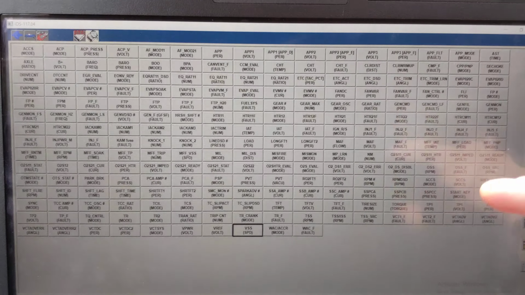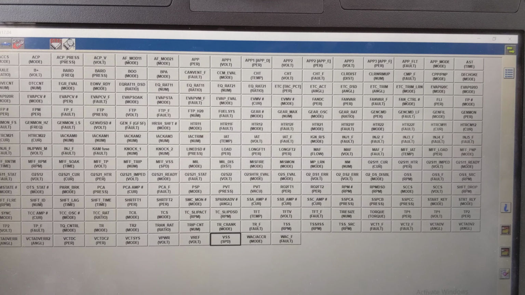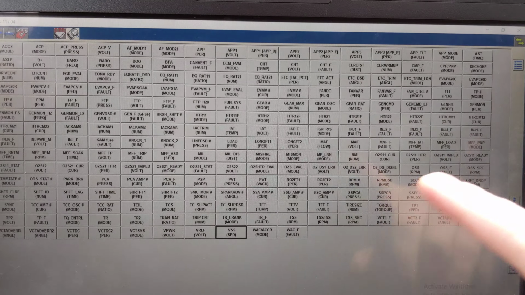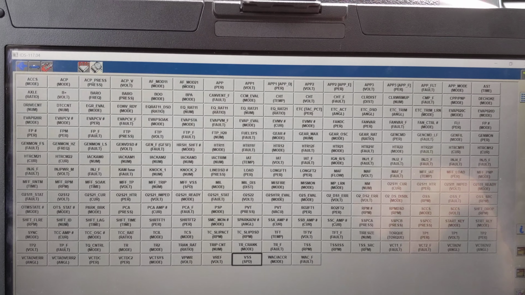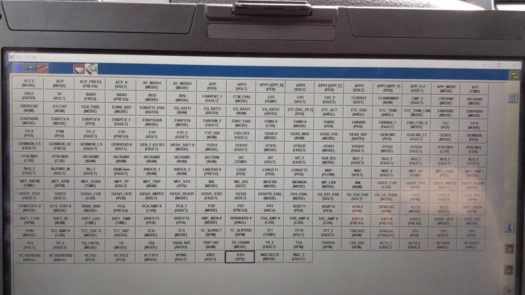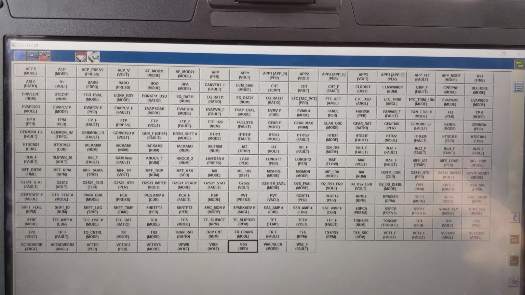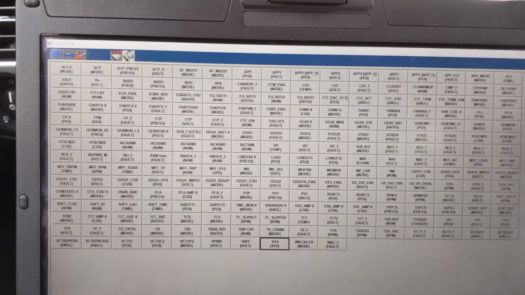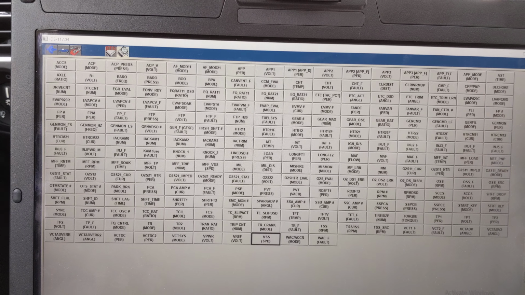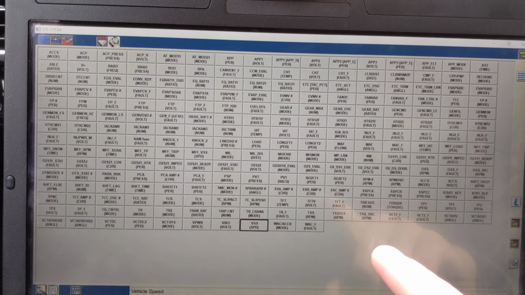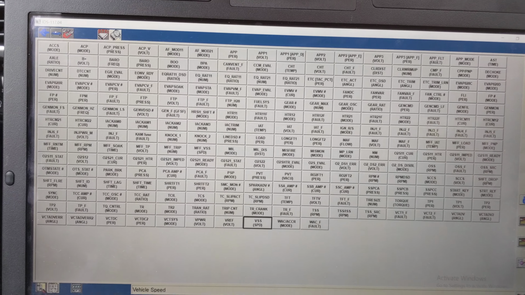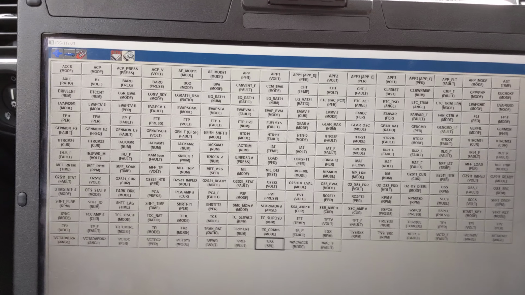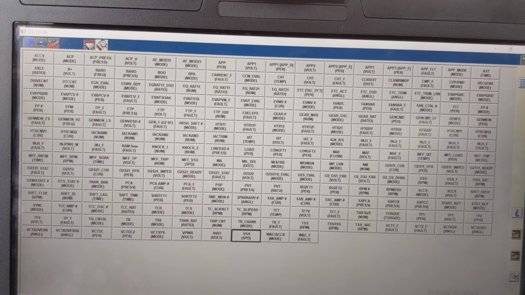If it has an exclamation mark, it means, I believe, you've gone out of the range of testing. Like, you're not allowed. It's kind of like a safety thing. You've gone out of the range of testing, and it won't let you control it anymore. Usually you got to turn the car off and turn it back on. I have noticed on this car, when I did the purge valve test, when I cranked the gas tank down to negative 10 kilopascals or 4 kilopascals or something like that, it didn't reset itself. On some of the newer vehicles,